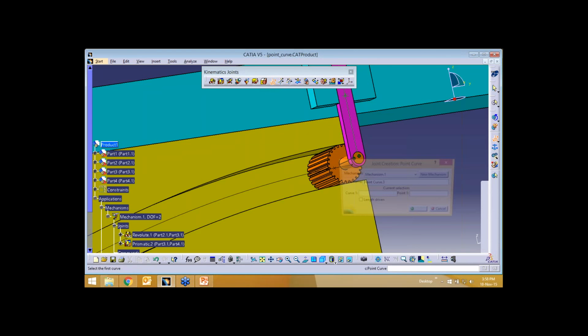And if you see this yellow color thing, when it moves along this curve, this yellow color part has to slide along this blue color thing. For that, we need to give one more prismatic joint between this yellow color and this blue color, line to line and plane to plane.